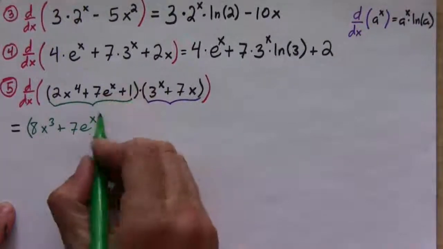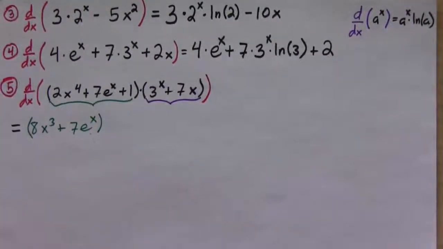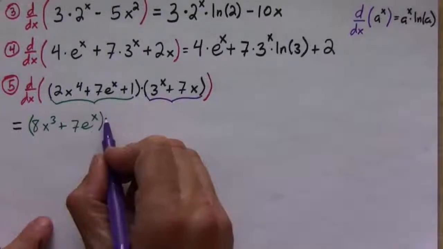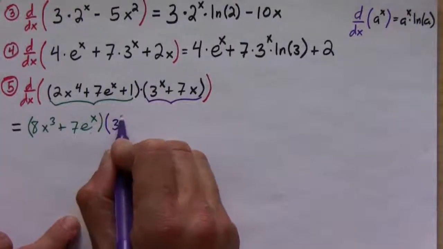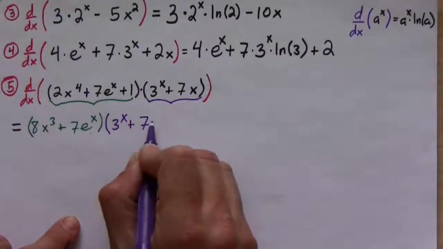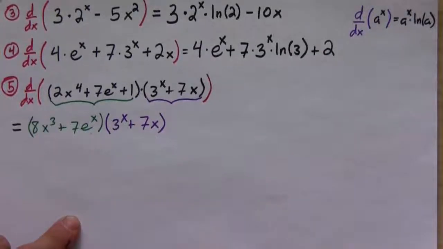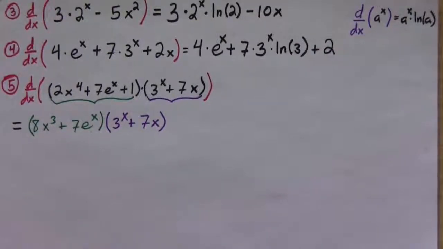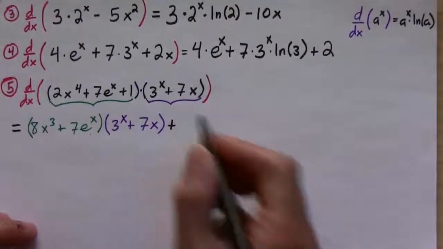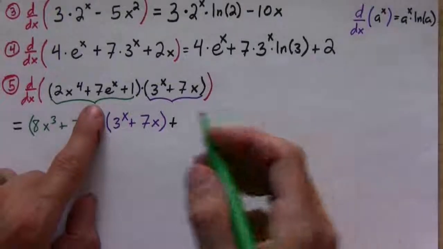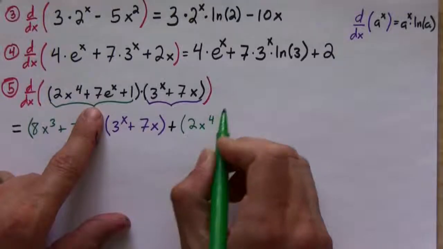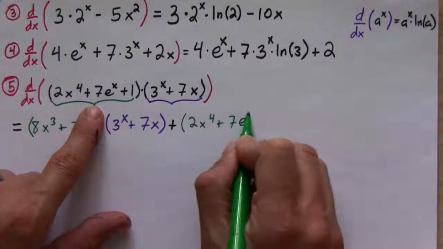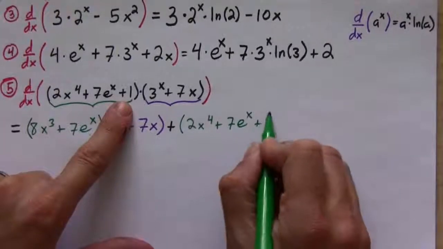The derivative of 1 is just 0. Okay? And then times the second function, leaving it alone. So 3 to the x plus 7x. Okay? And then plus, now the first function we leave it alone. So this is 2x to the fourth plus 7e to the x plus 1